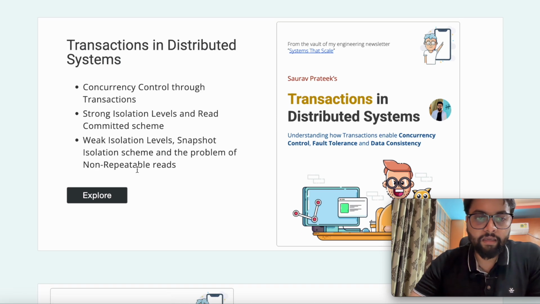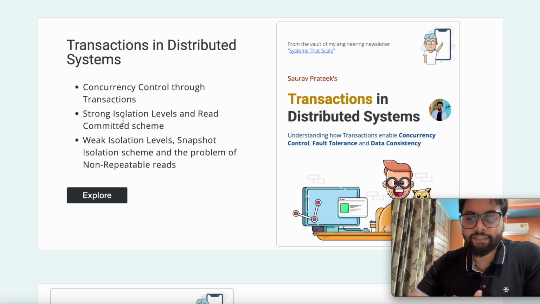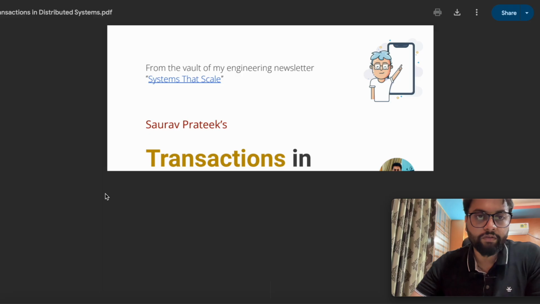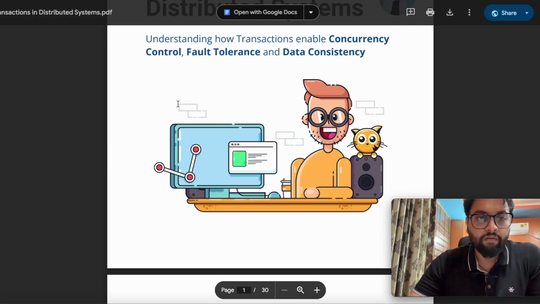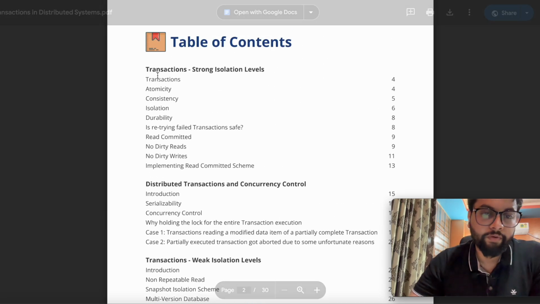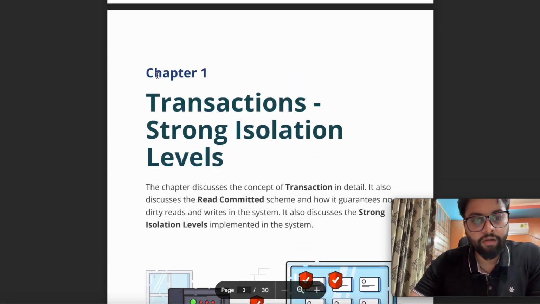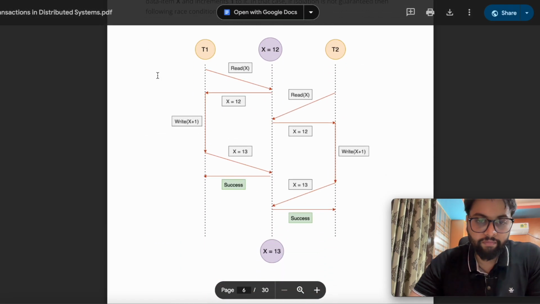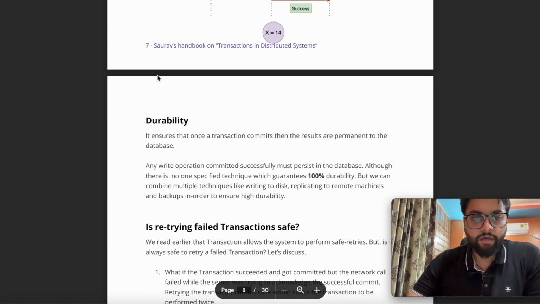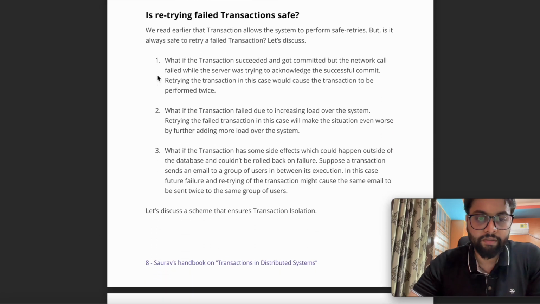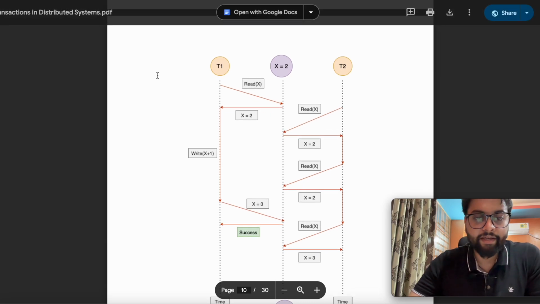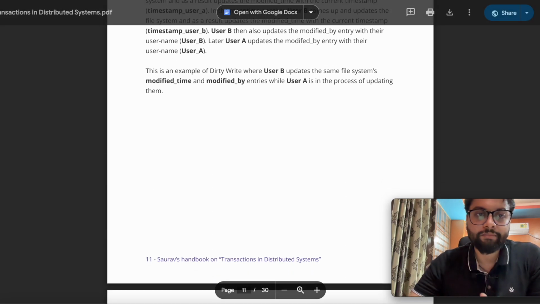Again, you can find content related to transactions, distributed transactions, concurrency control, isolation levels, and all within this handbook. If you click on the explore page, it will again direct you to the drive link where you can find the PDF of this book. It's a 30-page handbook, where you can find all the content you can expect. Pretty detailed. You can find a lot of diagrams and illustrations in this handbook. I have made sure that it doesn't bore the audience and keeps the books interactive. I've tried to add illustrations and diagrams, making it as visual as possible,